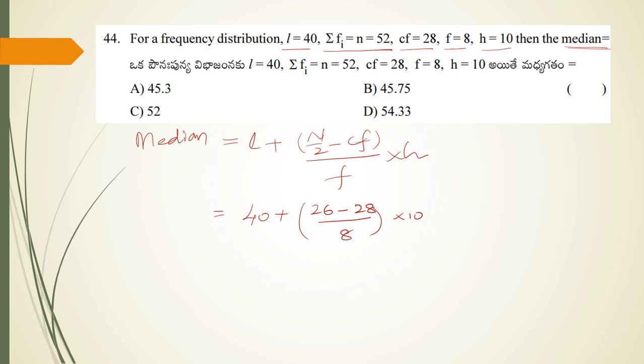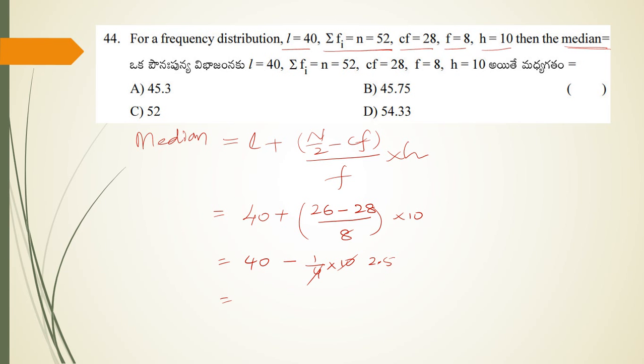So 26 minus 28 is minus 2, which gives me 40 minus, 26 minus 28 is minus 2, divided by 4 is minus 1 by 4. So 1 by 4 into 10. If you simplify this, 10 by 4 is 5 by 2. 5 by 2 means 2.5. It is 2.5. So 40 minus 2.5 is nothing but